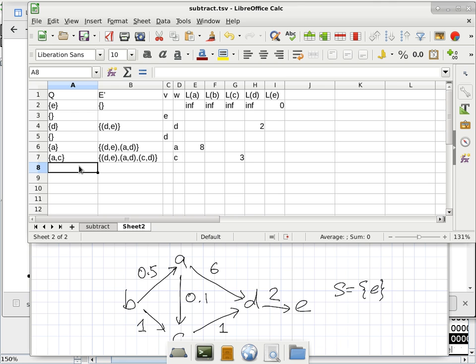Well, is Q empty? Nope, Q is not empty. Which one is the most promising out of A and C? Well, you look up L of A, it's 8. L of C is 3. Ah, C looks more promising. Because Dijkstra's algorithm is greedy, it goes for the one that looks the most promising first. Okay? So that is why in the next iteration of the while loop, we pick C as the one to